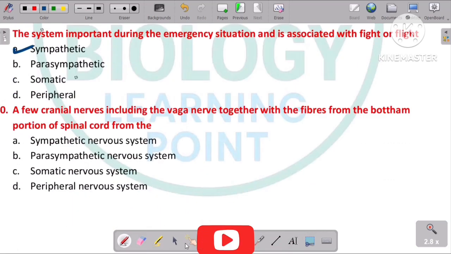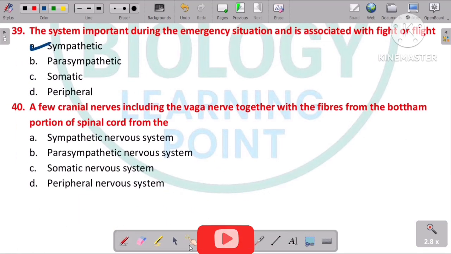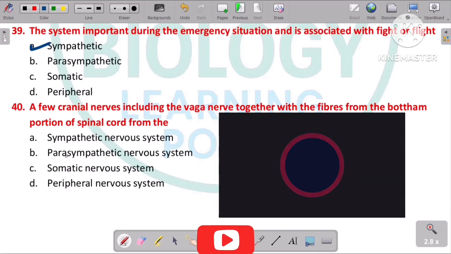So the next and the last question is, a few cranial nerves include the vagus nerve, together with the fibers that form the bottom portion of the spinal cord. What portion of the spinal cord forms the dash? So the options are, but the right answer is option